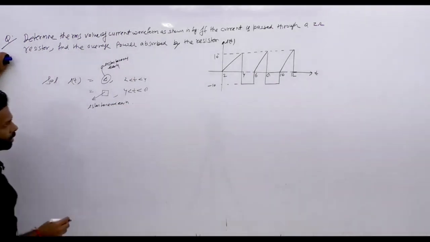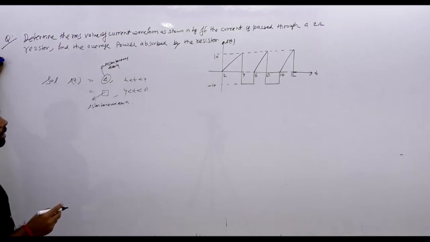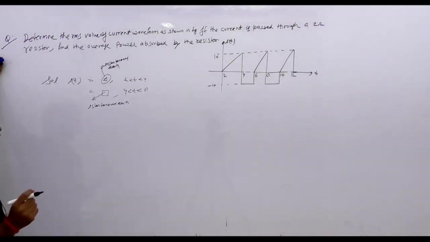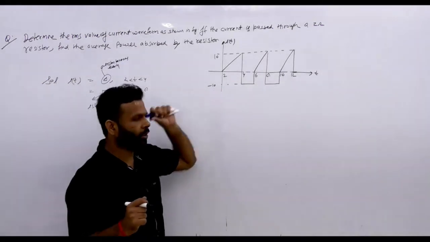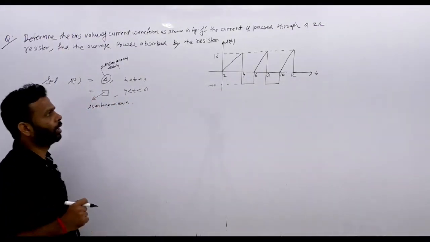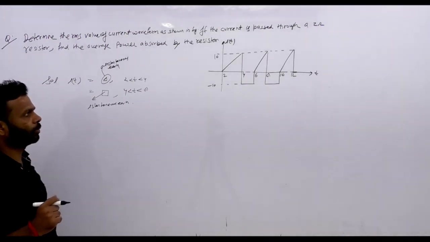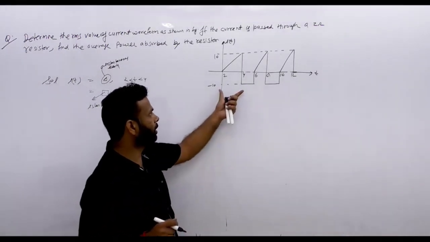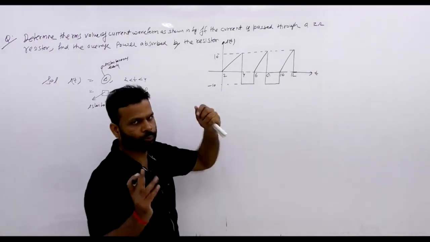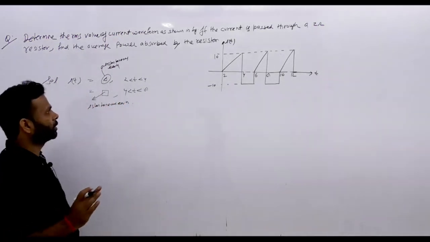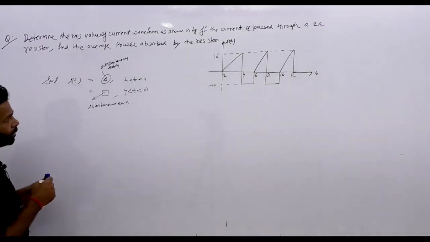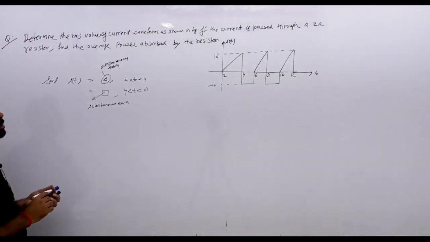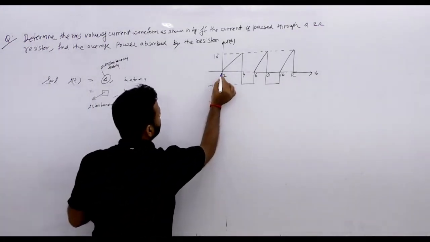Because what is the formula of IRMS? IRMS for the triangular is Im by root 3, but for the square and DC it is Im. But now the question is that it is a mixture of both things, so you cannot apply the direct formula. ये ध्यान रखिएगा, जो formula है वो direct apply नहीं होगा। कुछ स्टूडेंट सोचें सर इसके लिए ट्रायंगुलर लगा दें और इसके लिए स्क्वायर लगा दें, दोनों को जोड़ दें या घटा दें, तो ऐसा बिल्कुल नहीं है। सो पहले हम इन दोनों की इंस्टेंटेनियस वैल्यू फाइंड कर लेते हैं और उसके बाद हम क्वेश्चन को स्टार्ट करेंगे।